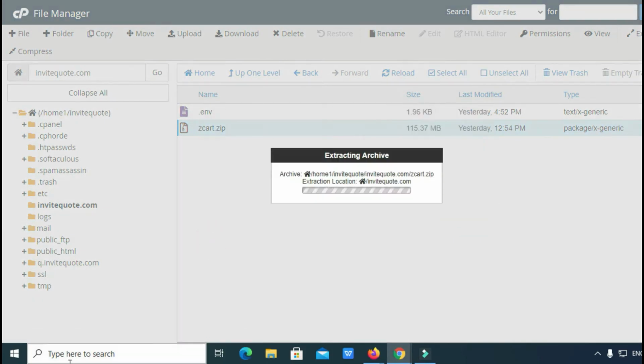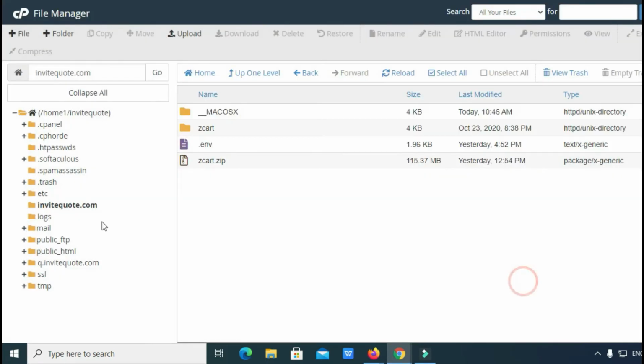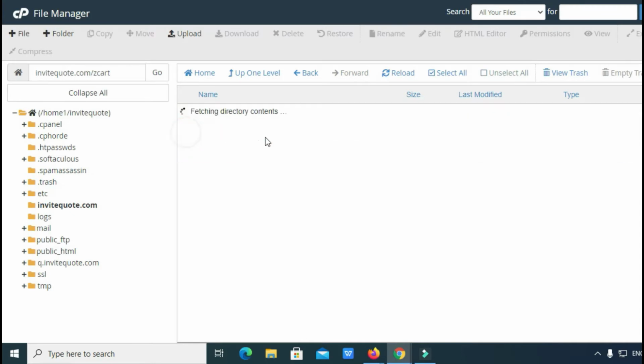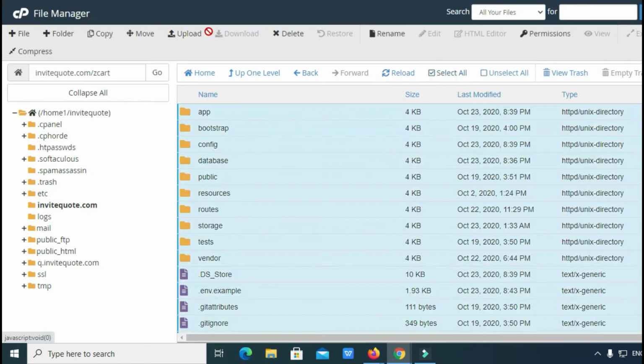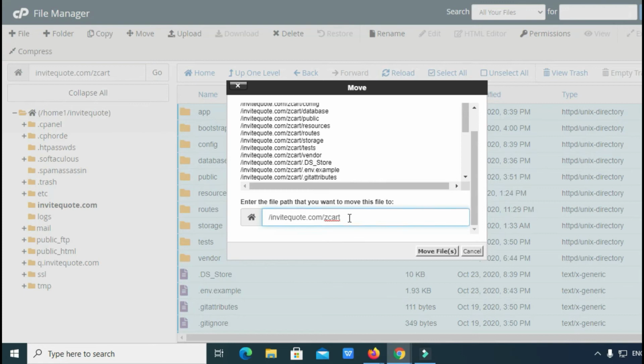Extract here. Now Zcart is moved to the main directory.